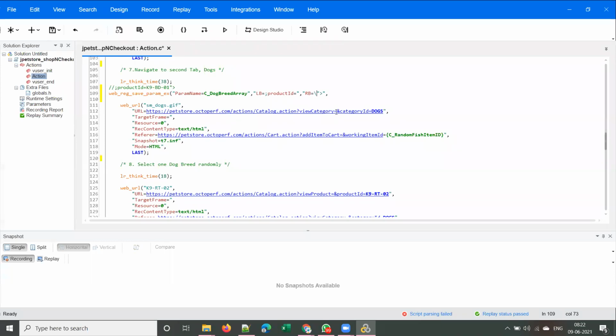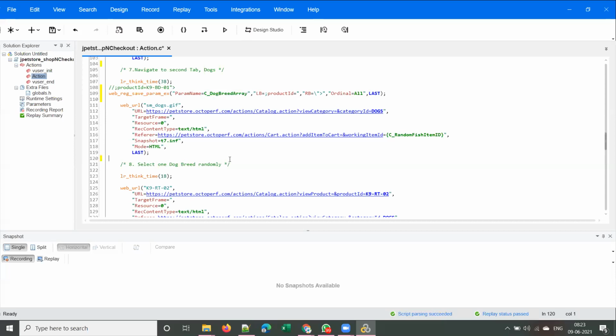What else? Can I give last? Mahindra? Ordinal, I want from Mahindra. Where should I give it? Can I give it here? No, before last. So it will capture all the 6 dog breeds into this array.